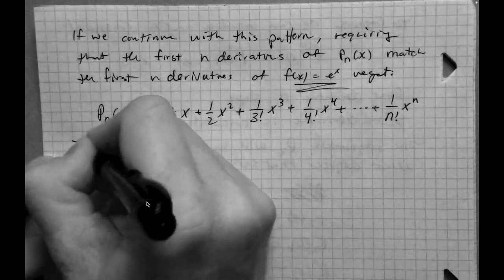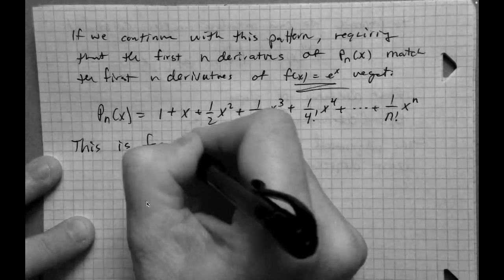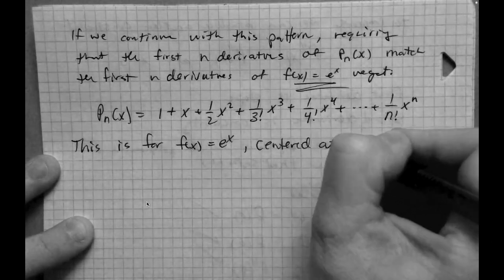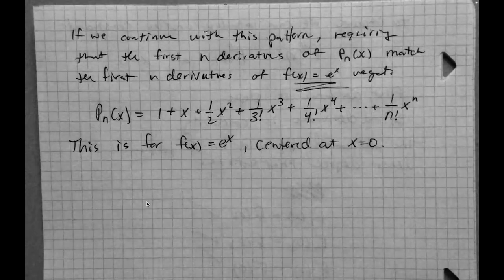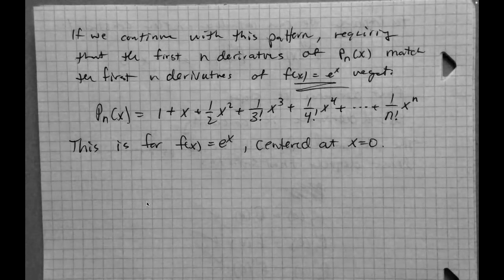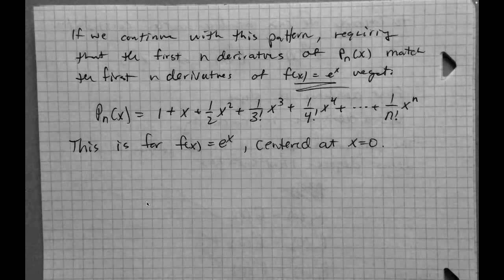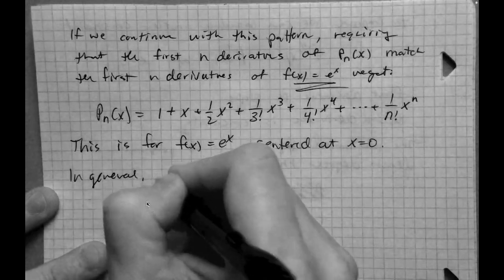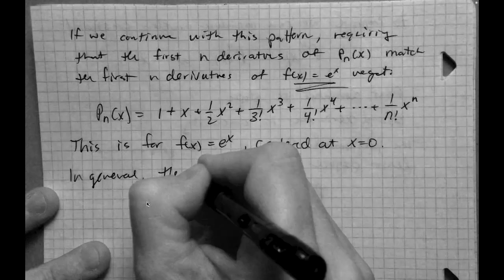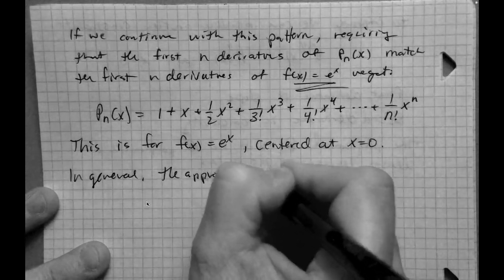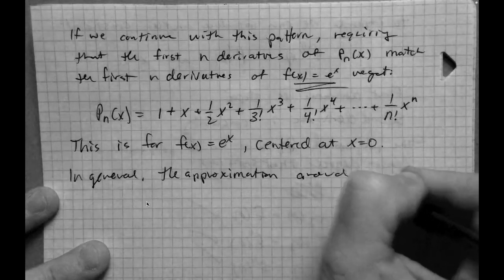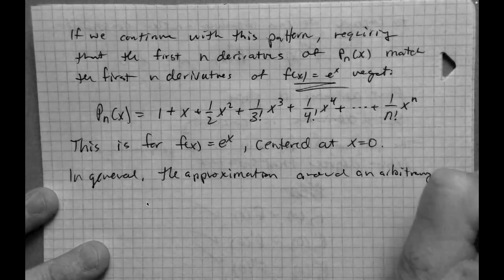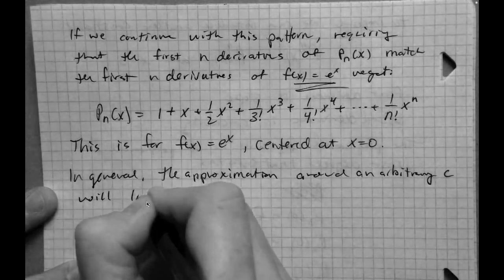That's important to note. This is for f of x equals e to the x centered at x equals 0. Right, so very important to note that if you were to center your approximation elsewhere, you would get a different value. And so in general, the approximation around an arbitrary c will look like